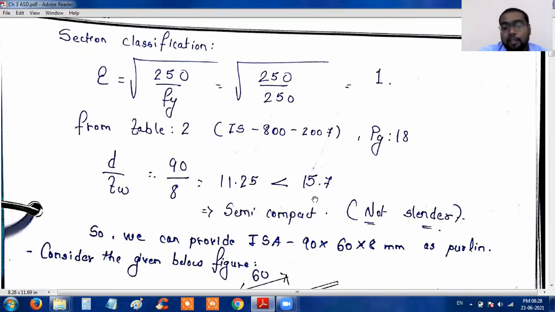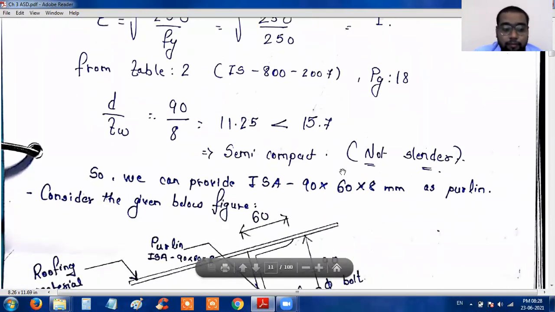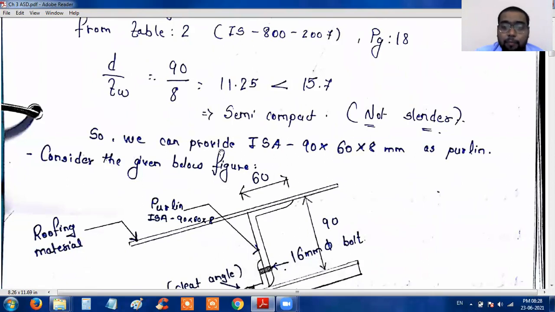It means this section is semi-compact. It means it is not a slender section. So we can provide ISA 90 by 60 by 8 mm as a purlin and consider the given below figure